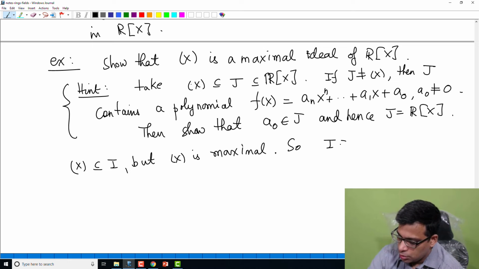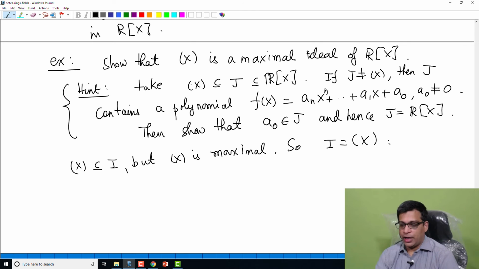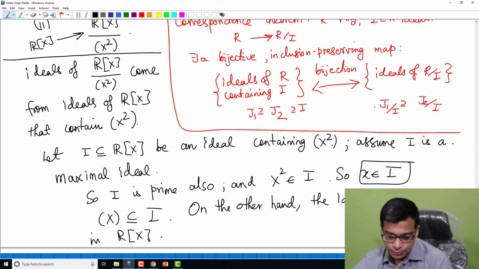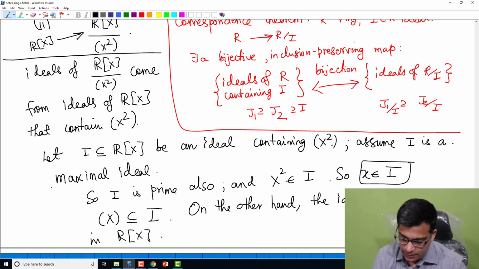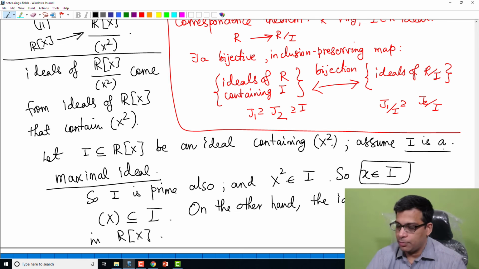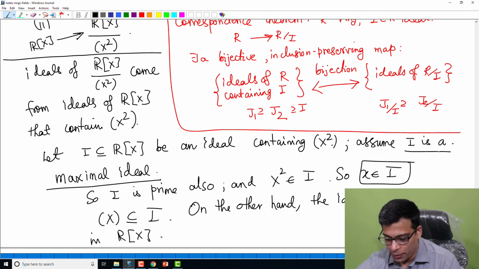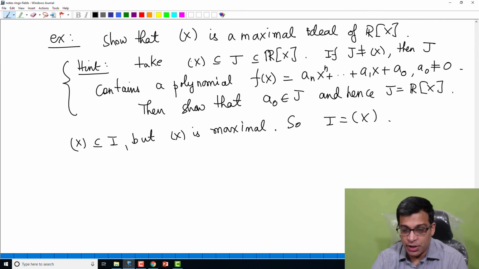So remember, I is a proper ideal, because I is a maximal ideal and maximal ideals are by definition proper ideals. So X is a maximal ideal, it is contained in I, which is a proper ideal, so the only possibility is I is equal to X. Hence we have concluded that